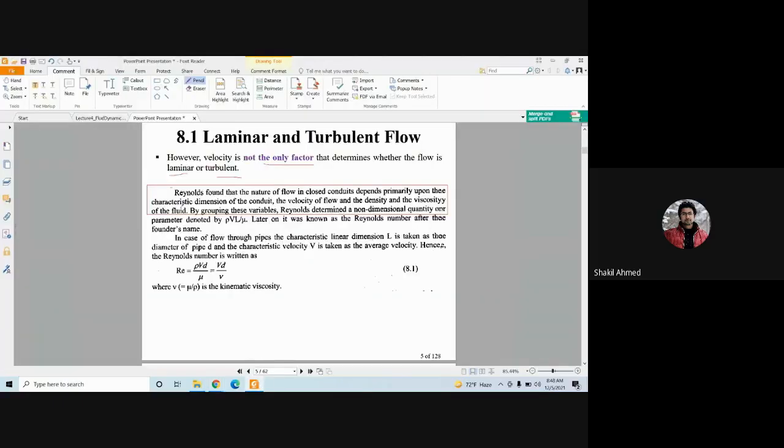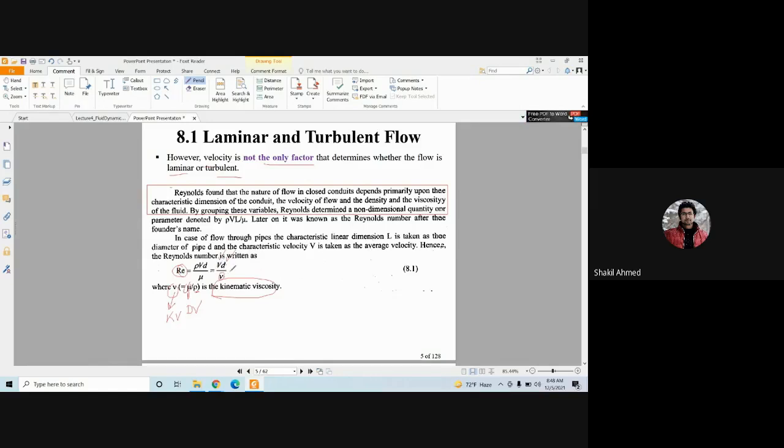We can understand this based on the Reynolds number, which is Re equals V times D over nu, where nu is the kinematic viscosity, which can be expressed as dynamic viscosity divided by rho. Mu is the dynamic viscosity. So kinematic viscosity equals dynamic viscosity divided by rho. Then the Reynolds number equals V times D over nu,